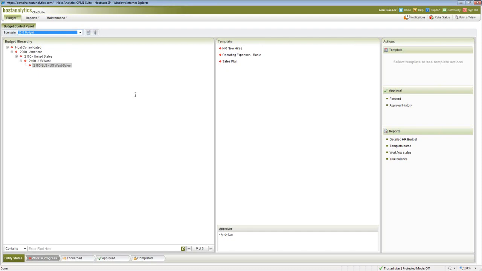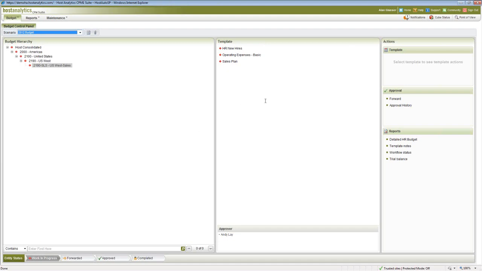Now, in the middle, I've got tasks, or a template that is how we collect the information and bring that information into the Host database. There's a single database where all of the information from your systems that we showed would be integrated, such as your general ledger, your ERP, sales, units sold, payroll, all of that resides in this single database. And the budget information that you put into it is combined so that the reporting is very efficient. All of the information is in one single repository of information.